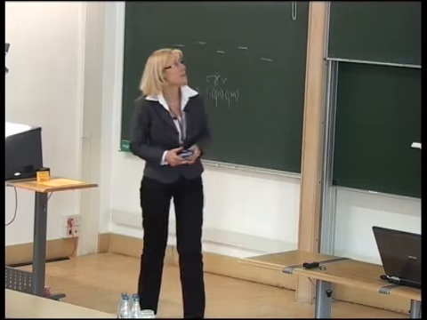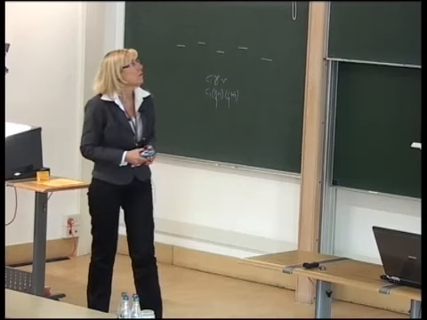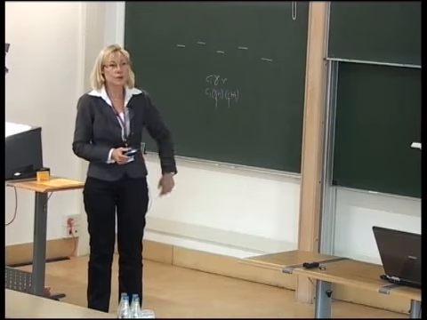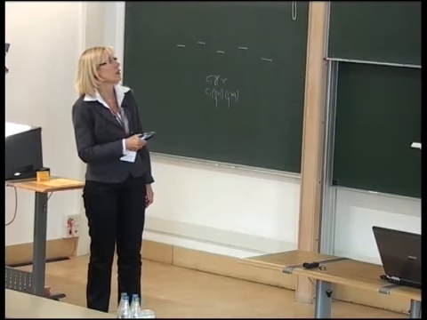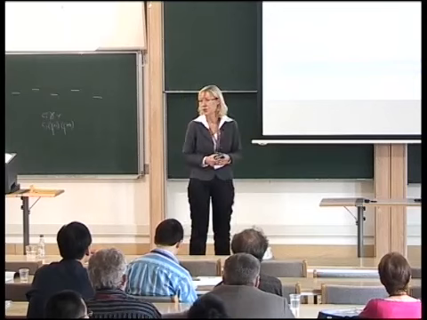So what is the situation? We are confronted with data, and these data are assumed to obey a very general model. There is a link function f, which links the high dimensional predictor x with some univariate response y. And of course it is the goal to find the link between the predictor and the response, but this is difficult whenever the predictor is high dimensional, and that's just because of the well-known curse of dimensionality, which